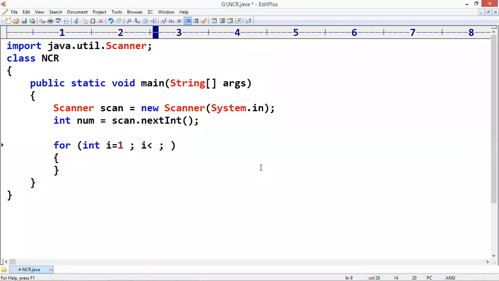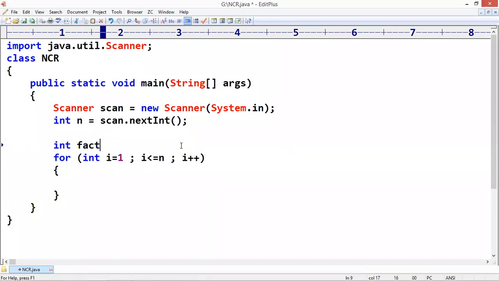1 to itself number, or simply I'm taking n, i plus plus. We are taking fact equals 1. Fact equals fact into i. Right?